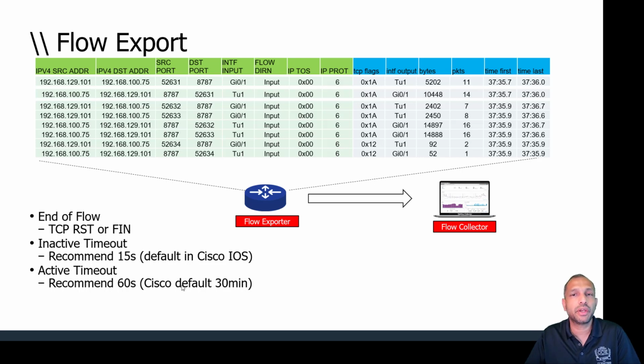That means you have to wait for 20 minutes to export that flow. So sometimes it is not ideal waiting that long, because you want to get an accurate reflection of the traffic going through the device. So that way it is a good idea to reduce this active timeout to 60 seconds. That's the recommended value. Sometimes some of the Cisco devices still have the default value of 30 minutes because at the